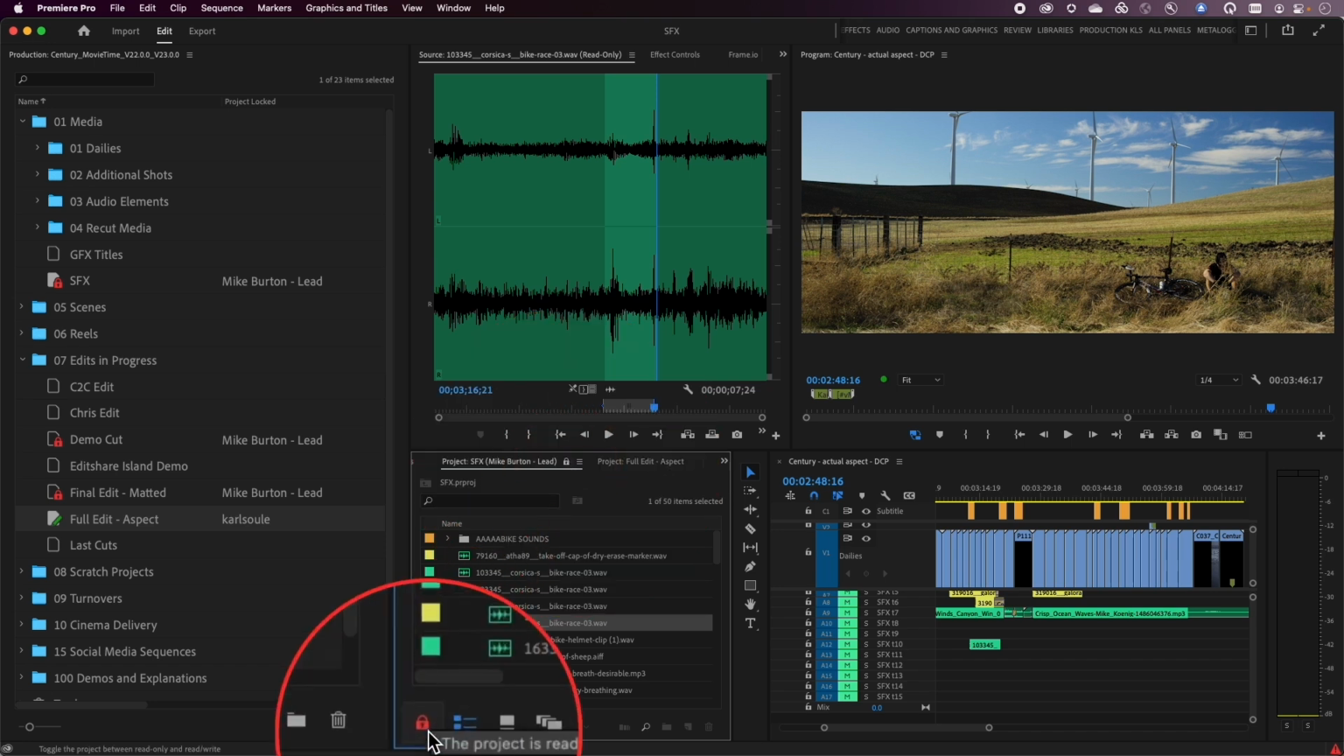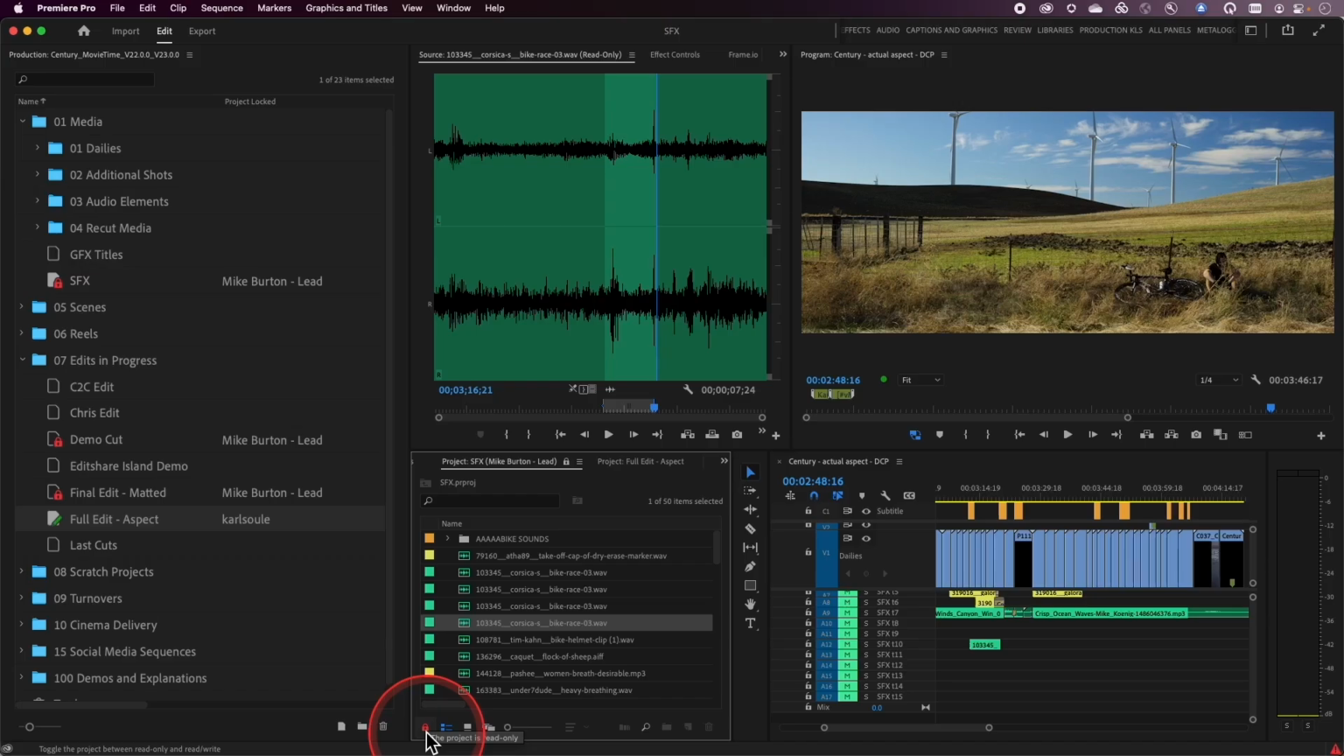If Mike closed this project, his name would go away, the lock would go away, this red lock would stay, meaning that I still just have this project in read-only mode. There are times where you might just want to open a project in read-only mode because you don't want to accidentally make changes to it. So having the lock on isn't necessarily a bad thing